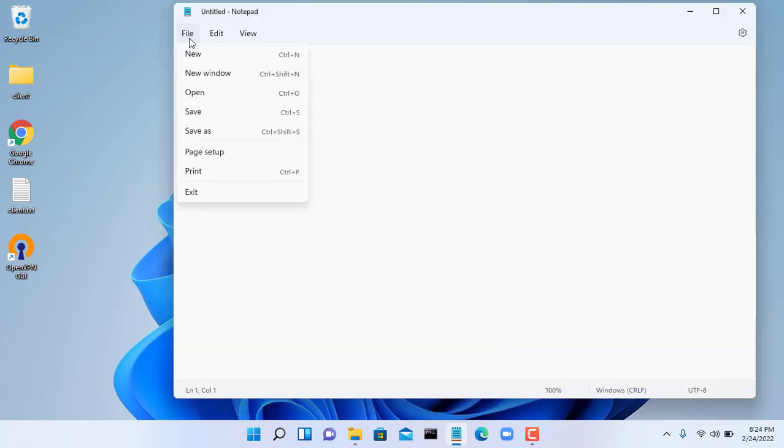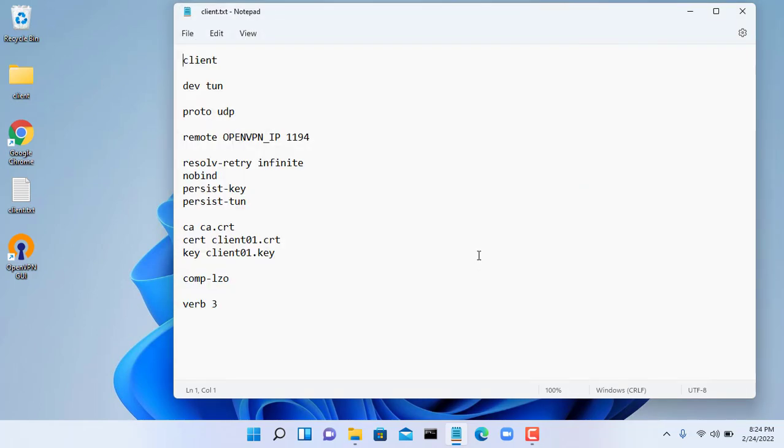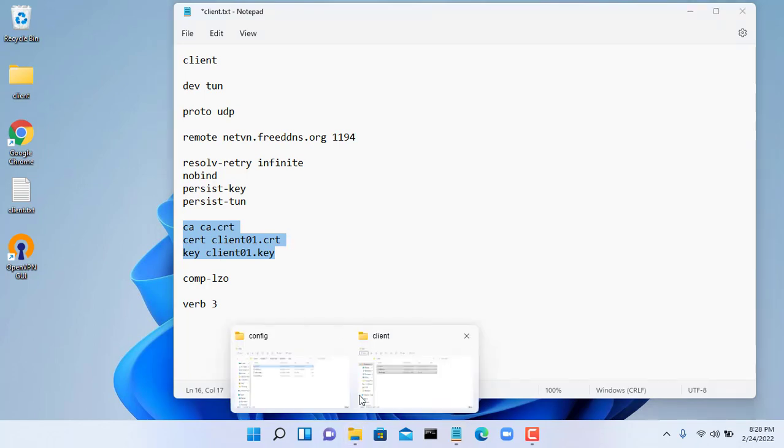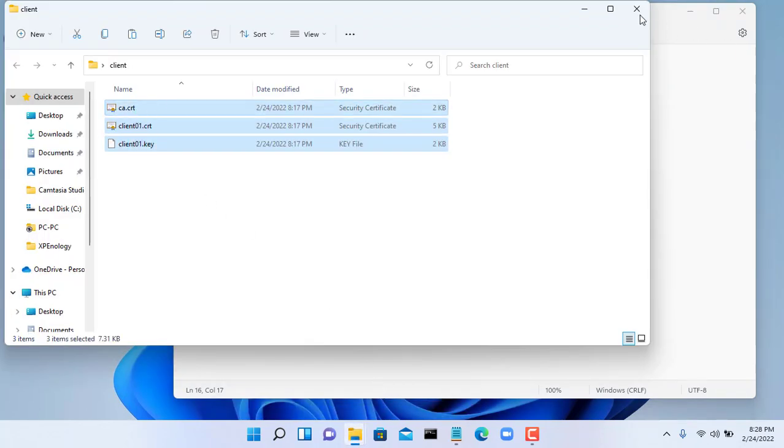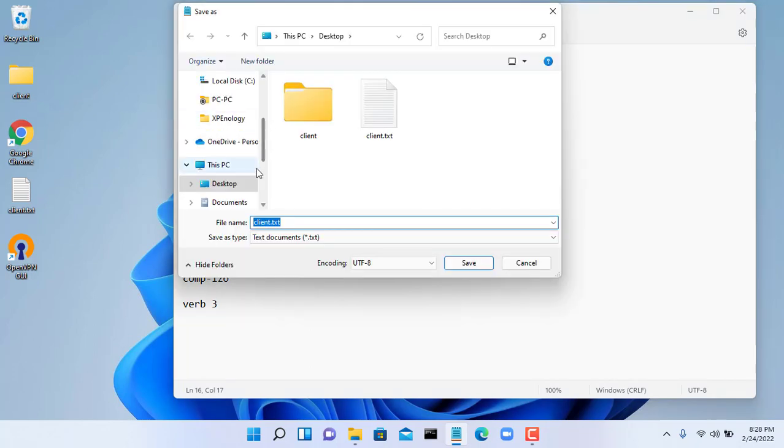Next, open Notepad with admin rights and paste the same content as above. I will leave sample content in the description of the video for your reference. Here you enter your domain name. If you use static public IP address, then replace it here. This list of file names needs to match the name of the file you copied to the config directory in the previous step. Then you save the file with the OVPN extension and save it in the config directory of OpenVPN.